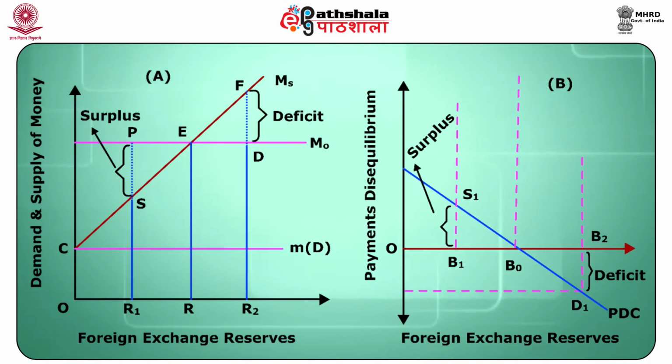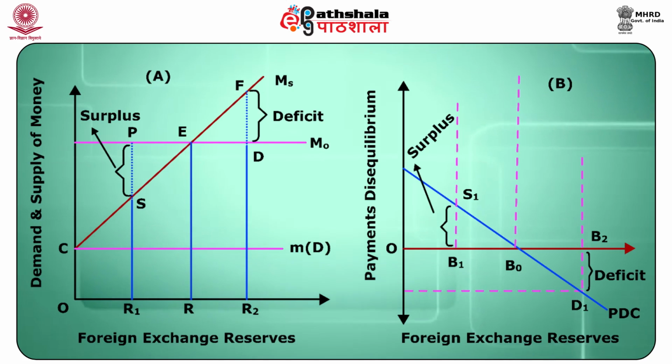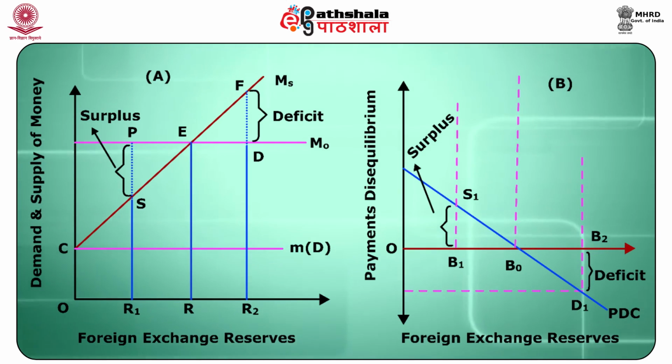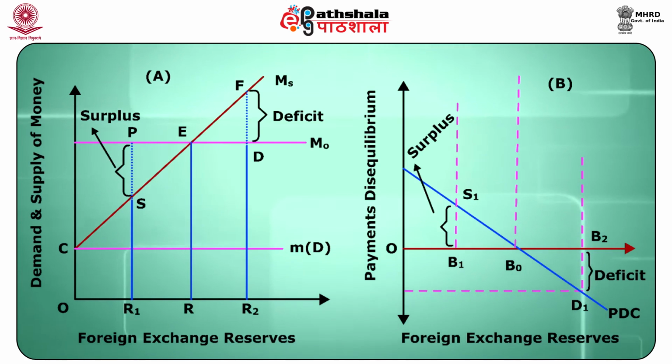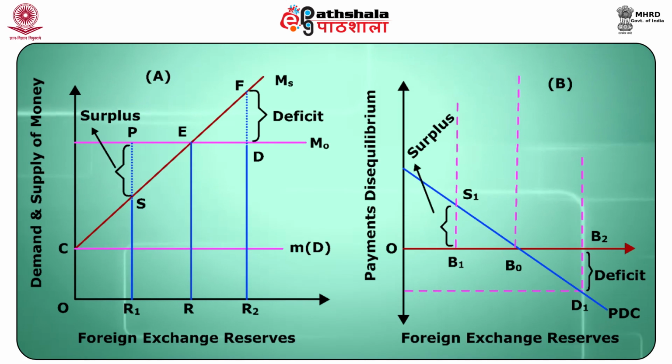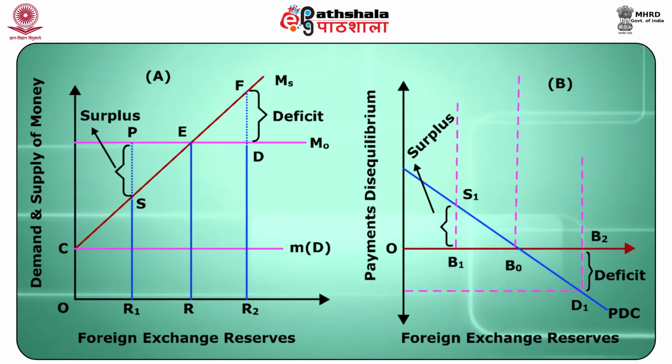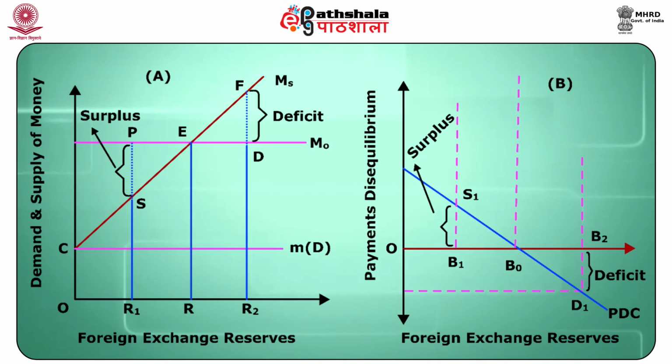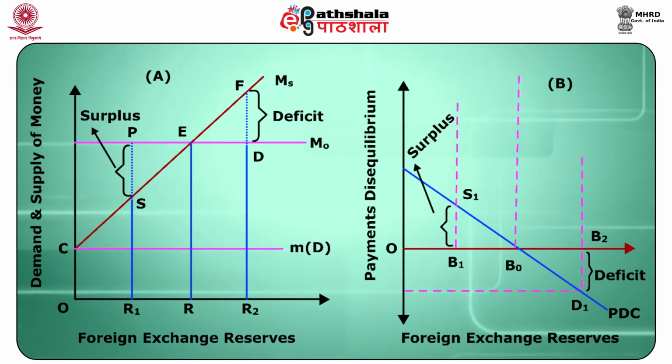This is explained in the figure. In panel A of the figure, MD is the stable money demand curve and MS is the money supply curve. The horizontal line MD represents the money base or monetary base, which is a multiple of domestic credit D, which is also constant. This is the domestic component of the money supply. That is why the MS curve starts from point C. MS and MD curves intersect at point E, where the country's balance of payment is in equilibrium and its foreign